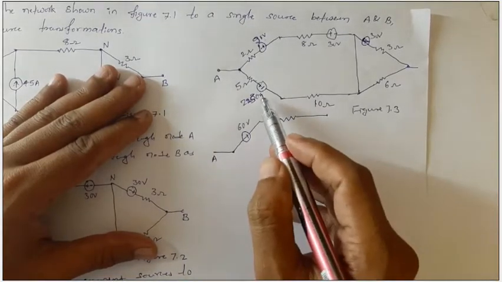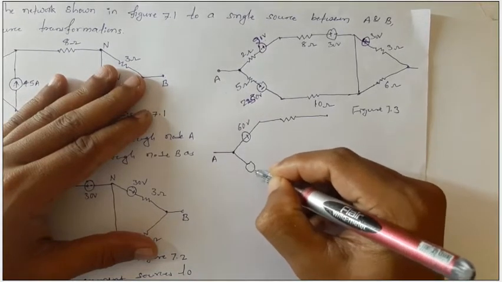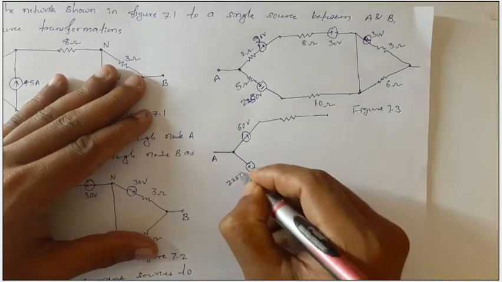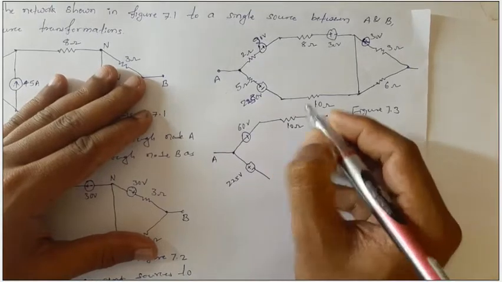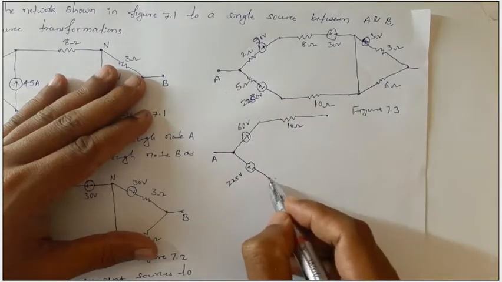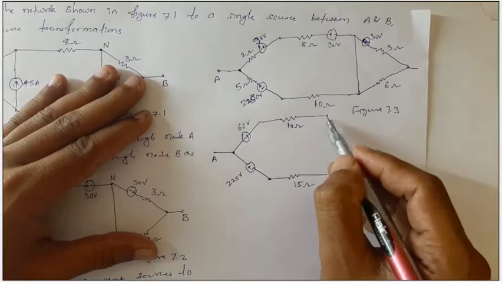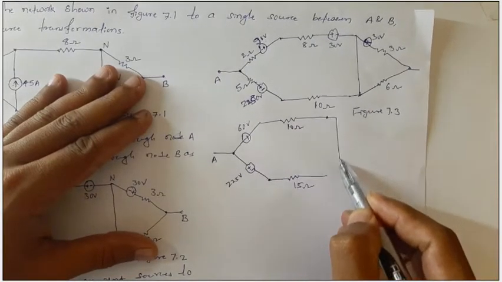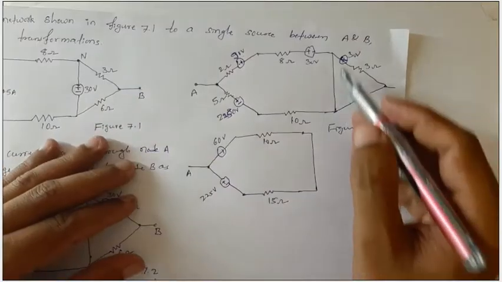And here this 225 voltage source I'll draw as it is with plus and minus, 225 voltage source, and dear students, its series resistance is 10 ohm because 2 plus 8, and below 10 plus 5 is 15 ohm, right? And here this particular short circuit is there between this point and this point.